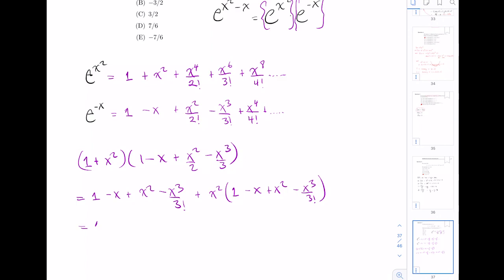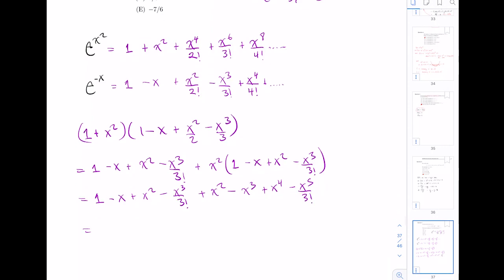Now this gives me 1 minus x plus x squared over 2 minus x to the 3rd power over 3 factorial, plus x squared times, well, minus x cubed plus x to the 4th power minus x to the 5th power over 3 factorial. We now end up with 1 minus x, right, plus 2x squared